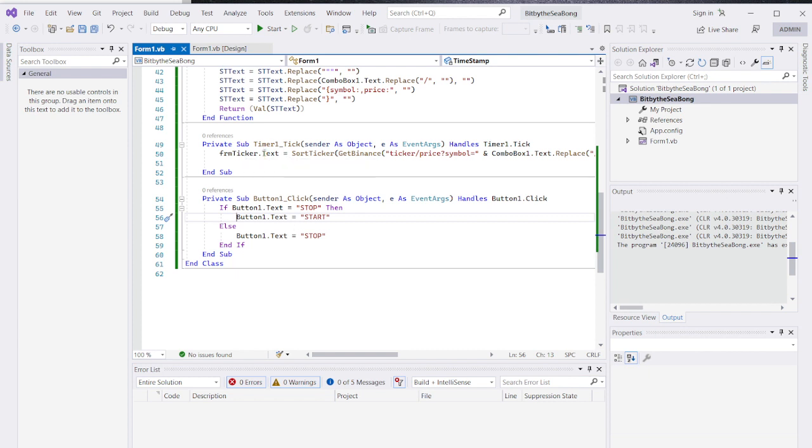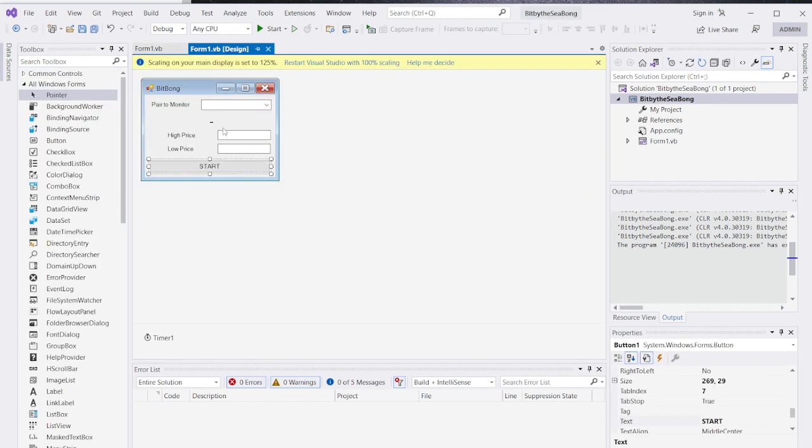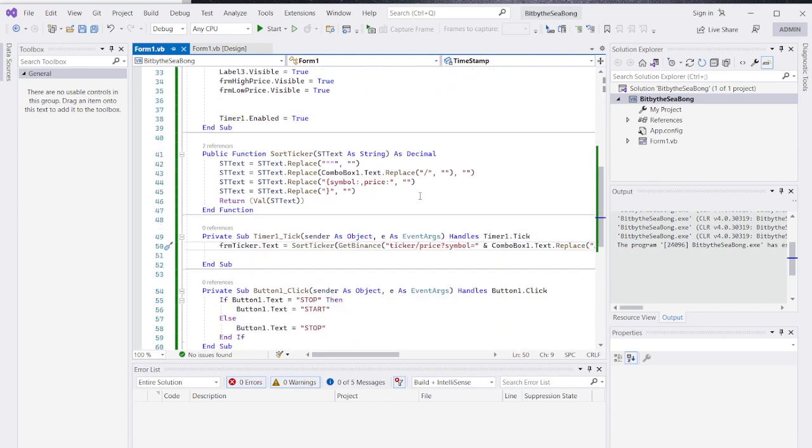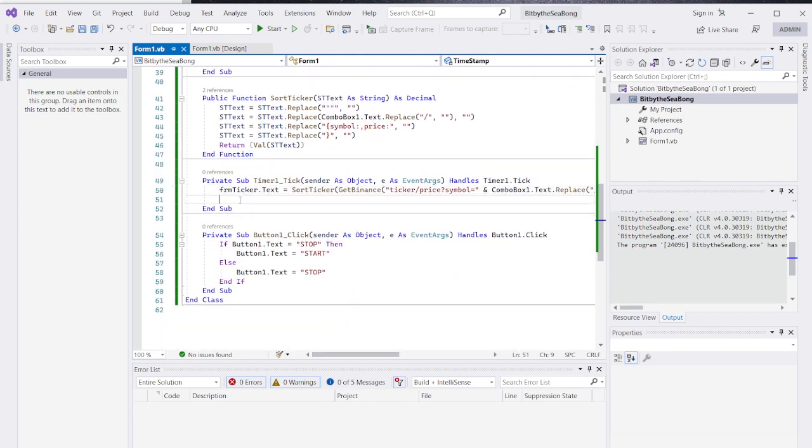The next thing really would be back in the timer. Now we can go into the timer in a number of ways. We can just click timer here, or the whole of our code is actually listed here, so it's nice and easy to just look down until you find the subroutine for timer. And we're going to change this timer details here. So if button 1 dot text, because the text within button 1 equals stop,